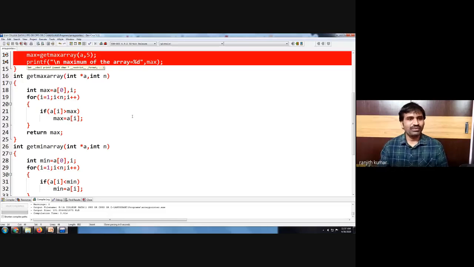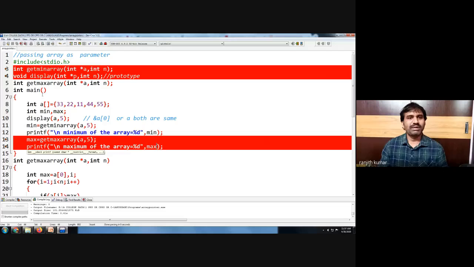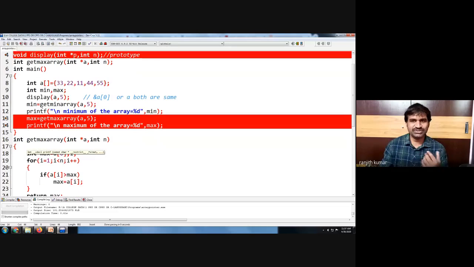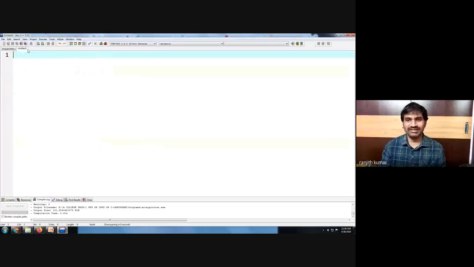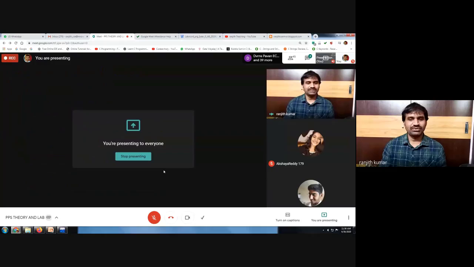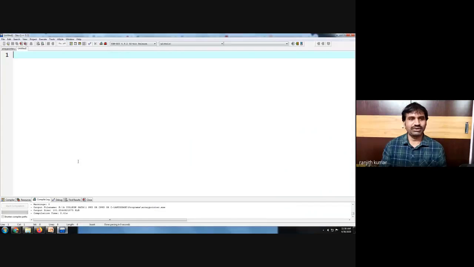Are we clear? So what we do is, now let us write a bubble sort technique or a selection sort technique, so that you learn how to write a bubble sort and how to write a selection sort. I think today one of the students is asking about how to do linear search, how to do binary search. Are we clear? Now let us write linear search using functions. So how to write a linear search in this program? Let us write a fresh program in order to understand more clearly. So let us write a bubble sort and linear search program.